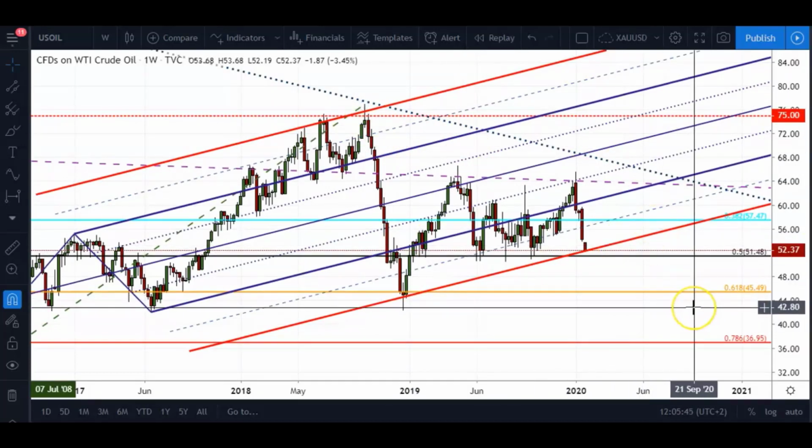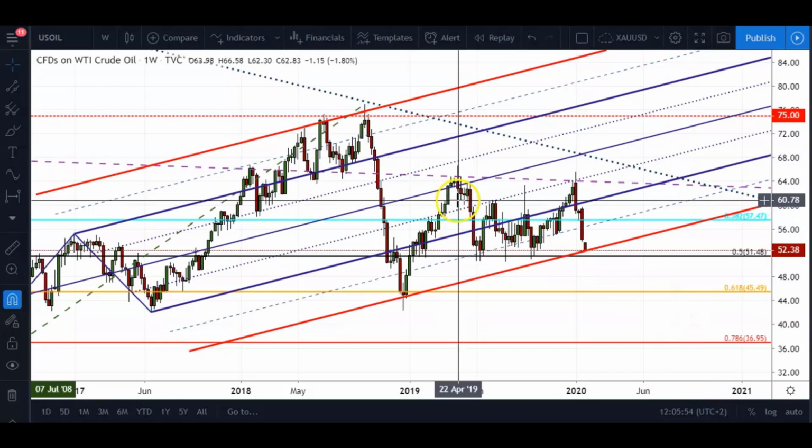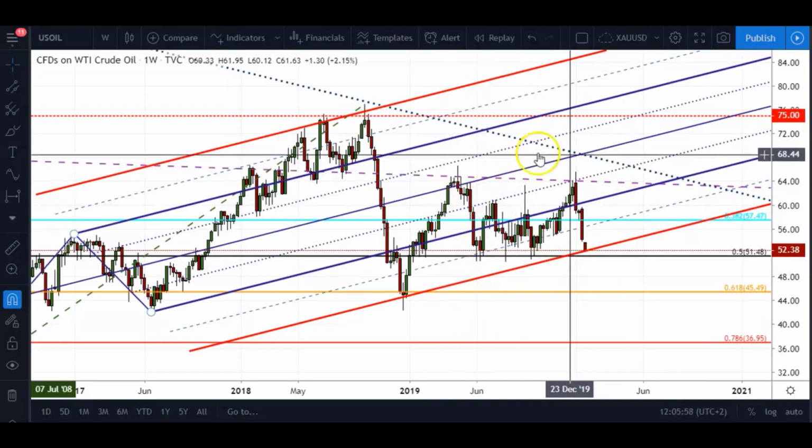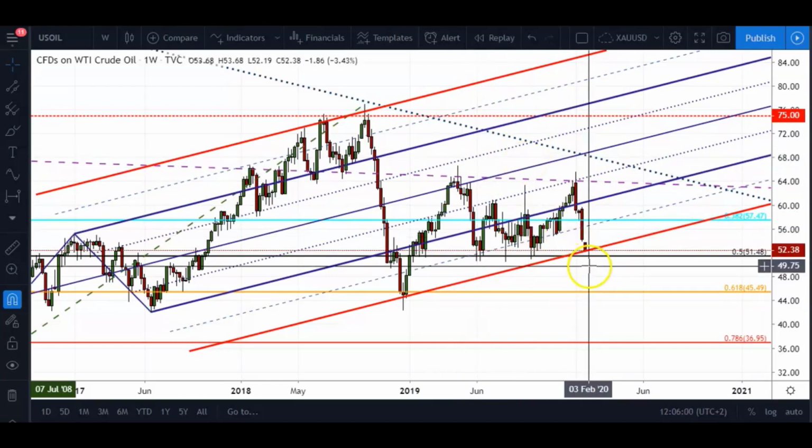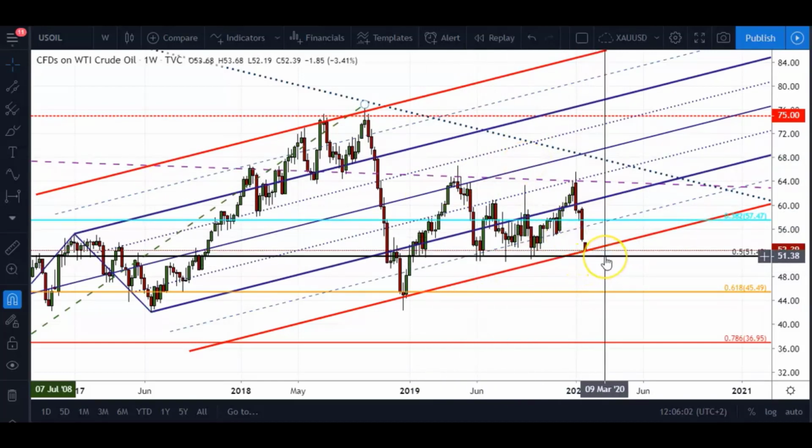movement is corrective in nature, by the way, my overall bias on crude oil is actually bullish, but I've not been participating in crude oil, which is one of my favorite markets, for quite some time now, because we were stuck within this pretty large range here. So the next sort of trade could probably still be taken to the downside from my side if I decide to participate in crude oil.